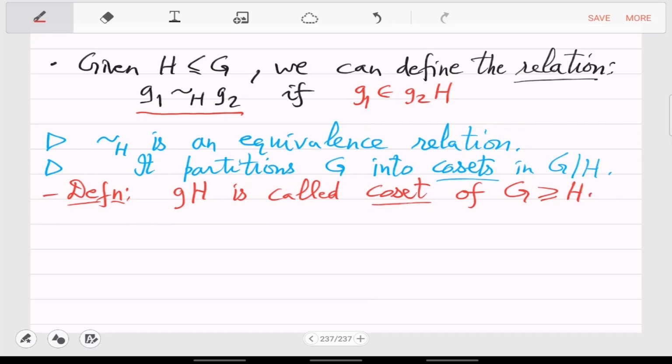So, given a subgroup H, big H of a group, arbitrary group big G, the coset is just: pick an element small g and then multiply every element in big H with that, and that subset is called a coset. So what we have shown is that now you can actually connect these two. You can show that the parts of the equivalence relation will be these cosets, and as shown before, this will cover the whole group. They will be disjoint,